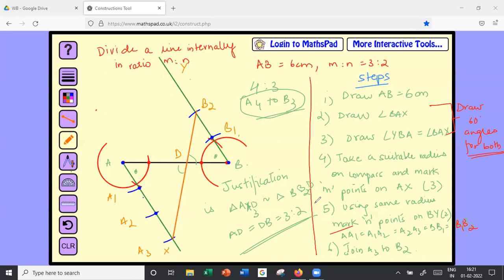I feel you can use this, but then if they ask for justification, it will become a little tricky to explain. Then you need to be thorough with the similarity concept also, similarity of triangles. So here it becomes tricky to explain the justification, and there it is a little tricky to copy the angle. So both have one con. So whichever you are comfortable with, you use that.